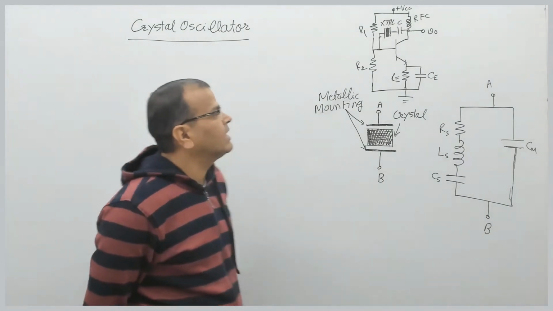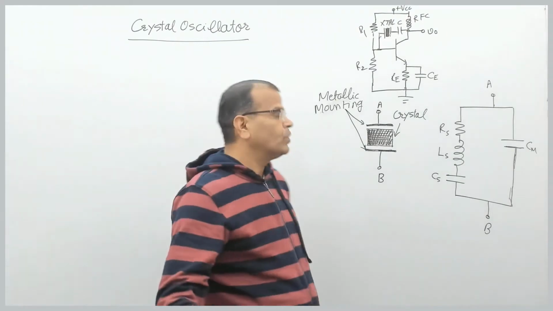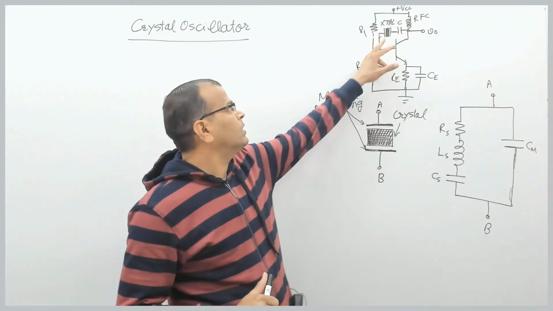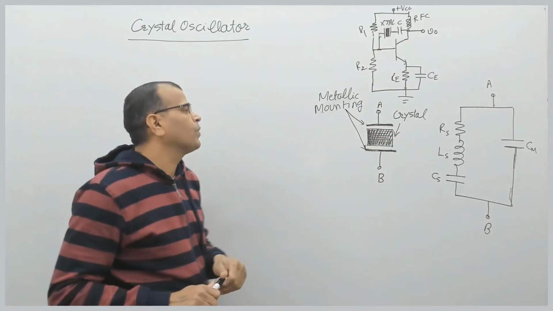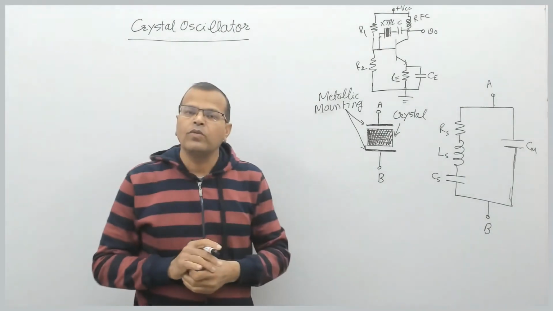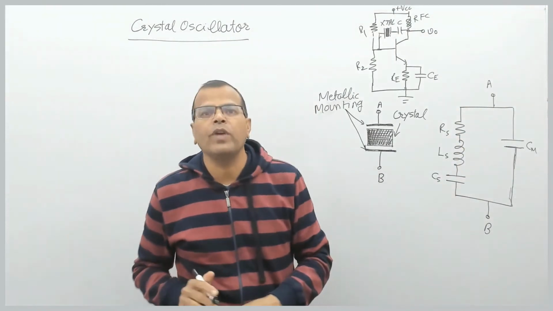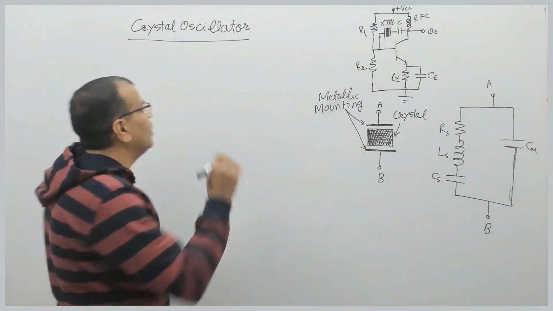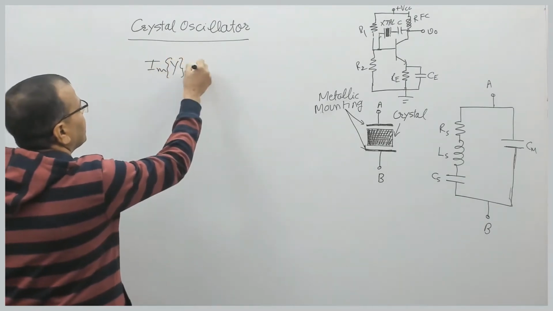So the quartz crystal gives very high stable oscillations. Now we will derive the frequency of oscillation of this crystal, which is the part of the oscillator provided in the feedback path, right? How to derive the expression? To derive the expression, we will find the resonance condition of this circuit. A resonance condition is obtained in a series and parallel circuit when the imaginary part of the admittance of the circuit becomes 0.